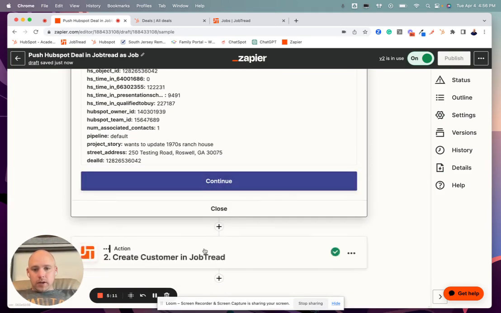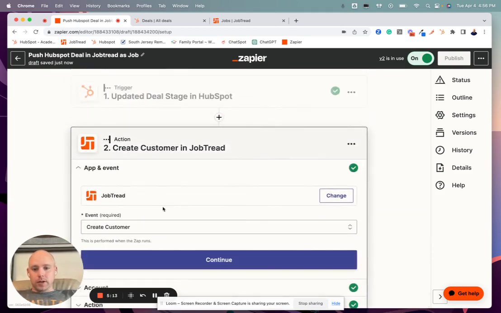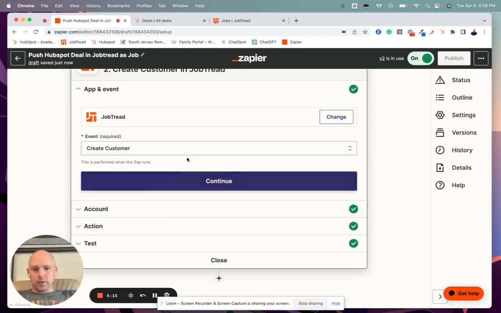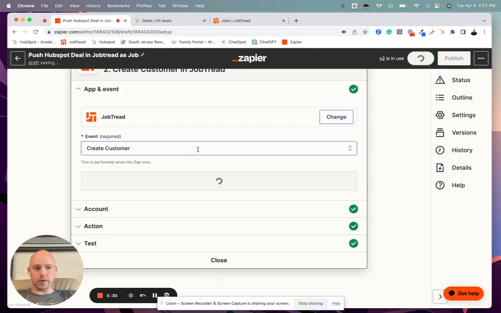All right, so now into the action. This is where it gets a little bit tricky, I should say. It's not difficult, it's not impossible, but it's a little bit tricky. Where I was going wrong initially, what I was saying is to create a job. And that's not enough because, as most of you JobTread users know, to create a job, you first have a